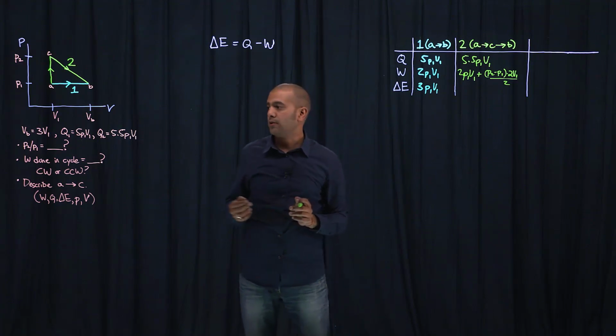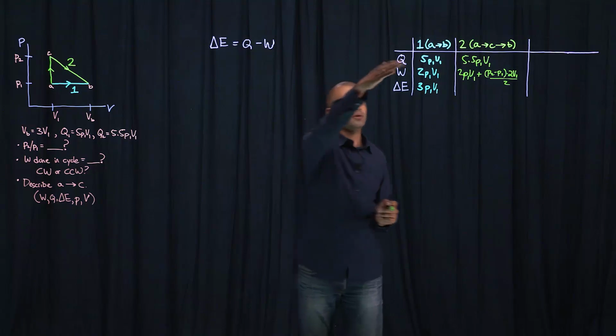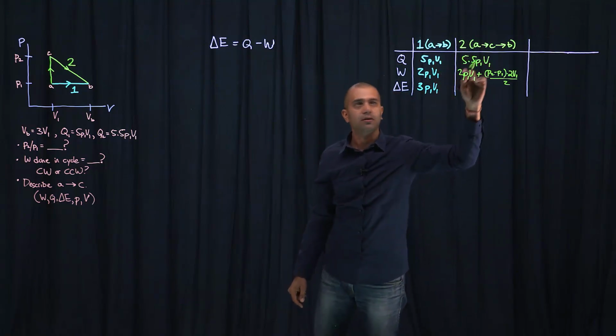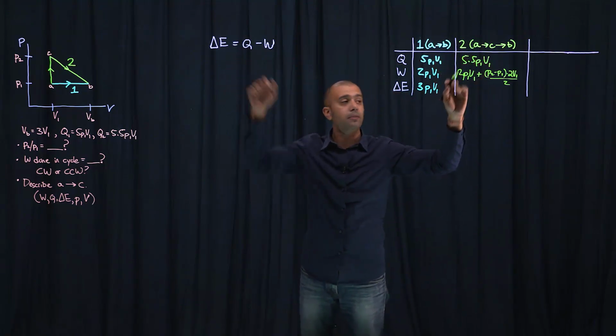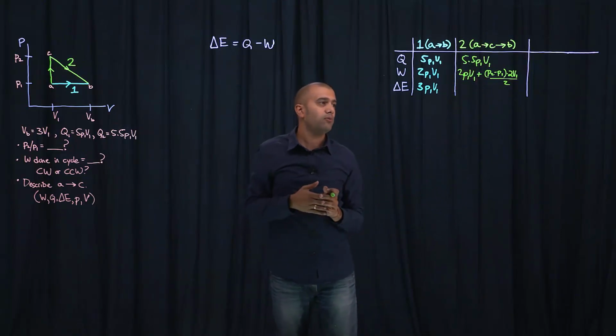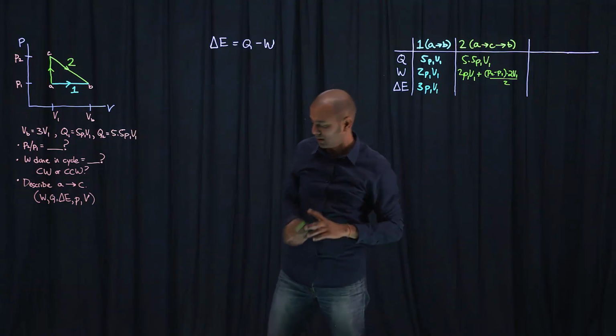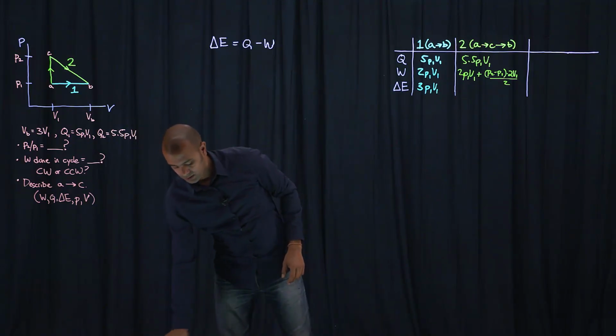Now, we need to find this ratio P2 over P1. So we could do the same thing we did a minute ago and just subtract these. Because of the first law of thermodynamics, the difference of these has to equal this quantity right here. But that won't really tell us anything because we just have a quantity with no equation to solve for anything. Instead, what we can do is use the fact